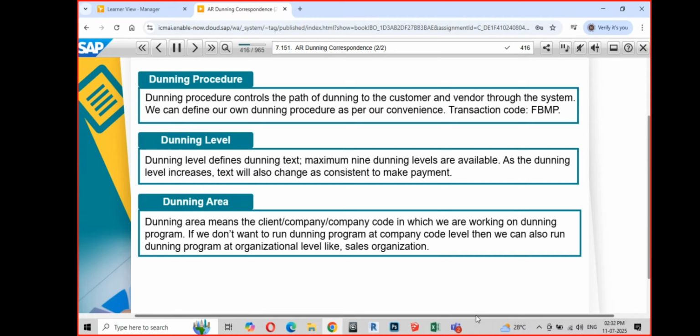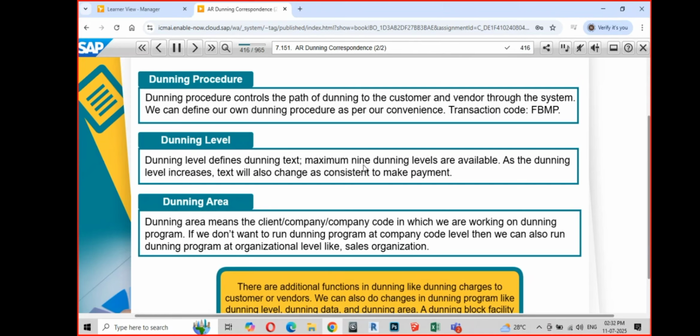Normally SAP has 9 levels, a maximum of 9 dunning letters which can be sent. Only 9 times. But in real practice, not more than 3 times you are allowed to remind a customer,